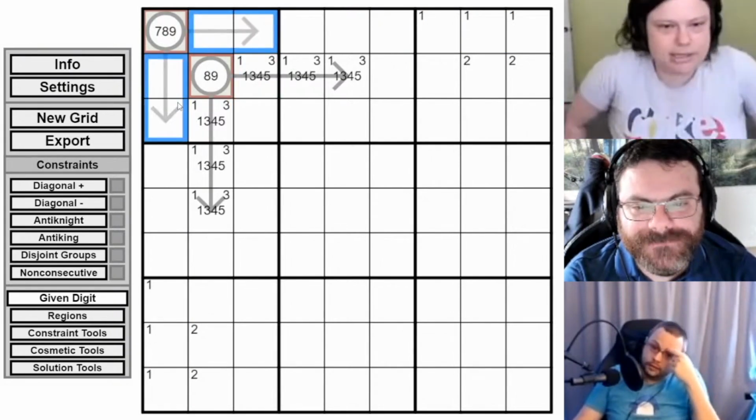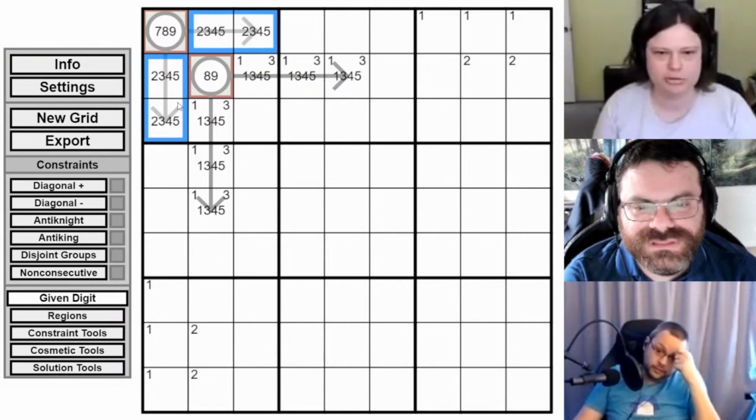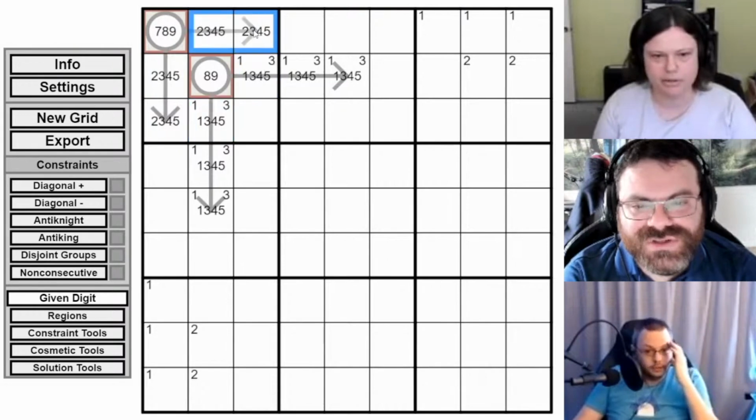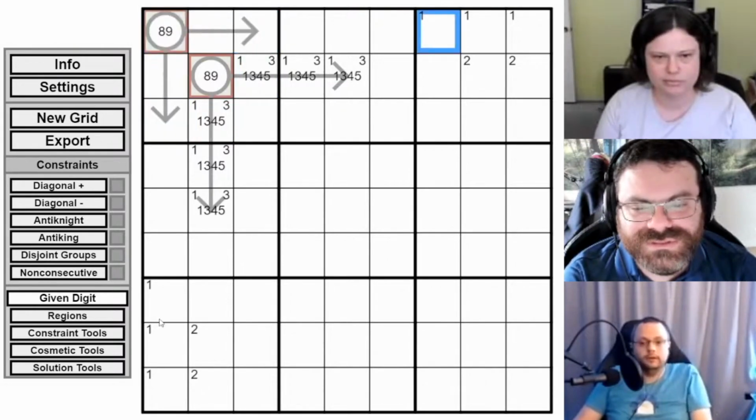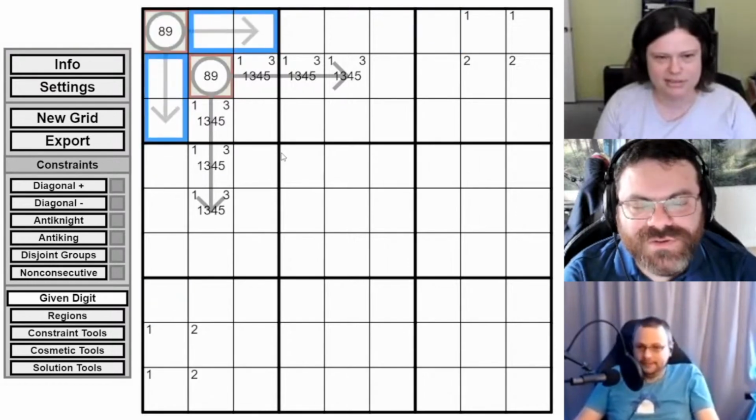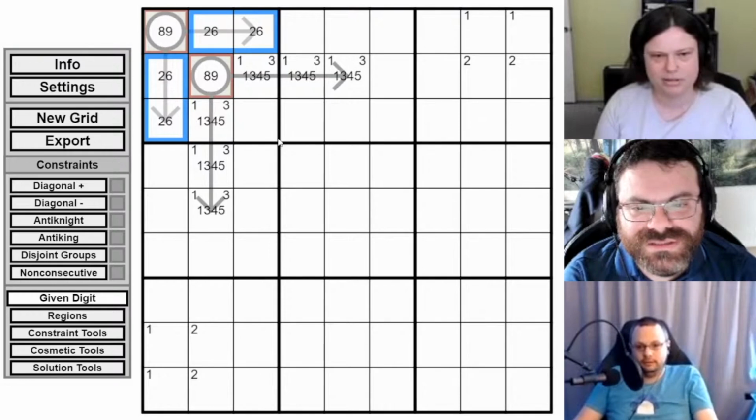Because if you do 7, you need 2, 3, 4, 5, which puts a 1 on both of those. So it can't be 7. Gorgeous. This is really cool. Now we've got an 8-9 pair. So now how would we make 8 without 1? We could definitely use 2, 6 and 3, 5.